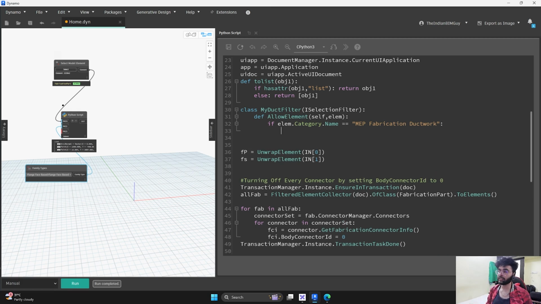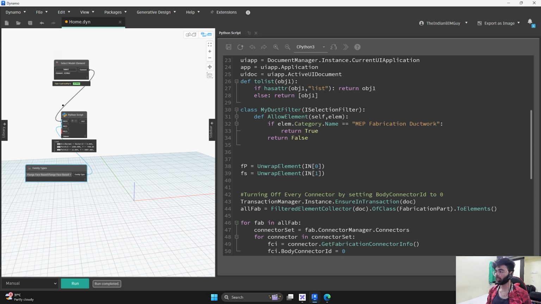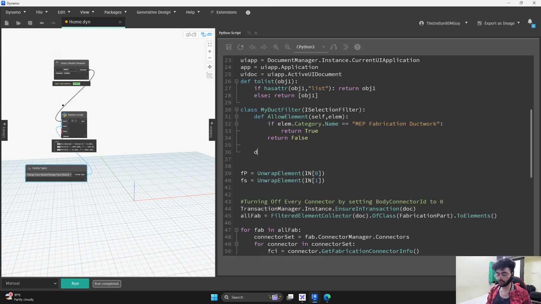Now, if this is true, then only return true. Otherwise, I don't want it in my selection. Return true. Otherwise, return false. Done. There are two methods inside it. The first I already used. I need to use another one, which checks whether that face is an actual face. There might be possibilities I could get some invalid elements or invalid items as well, right? So I'll say